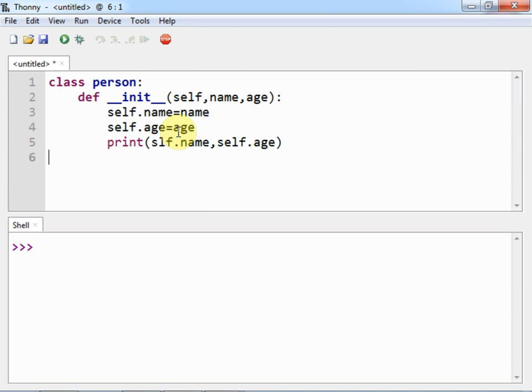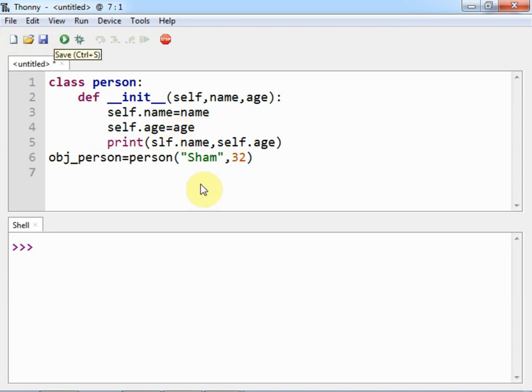Now I will create the object of this class person. So obj_person is equal to person, in bracket I need to pass here parameter, so I will pass here Sham comma 32, and I'll just run this.